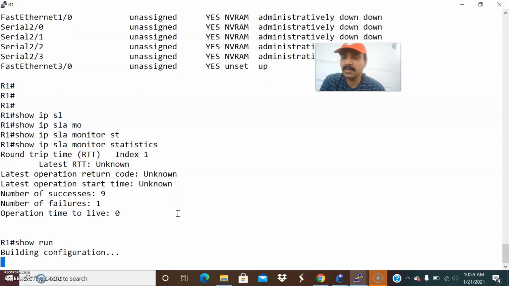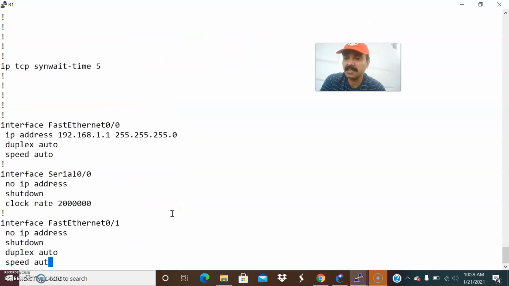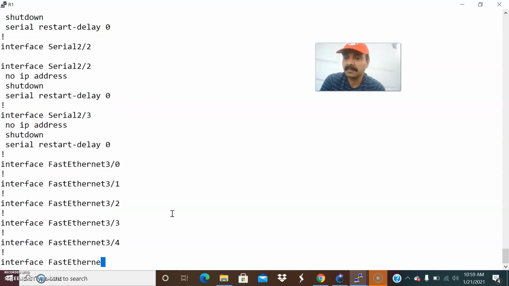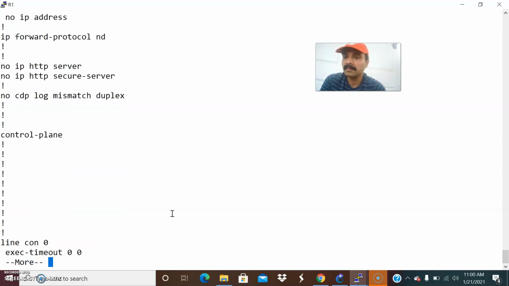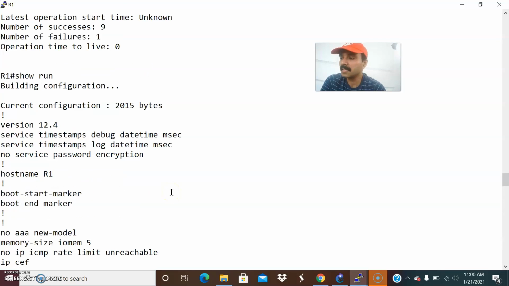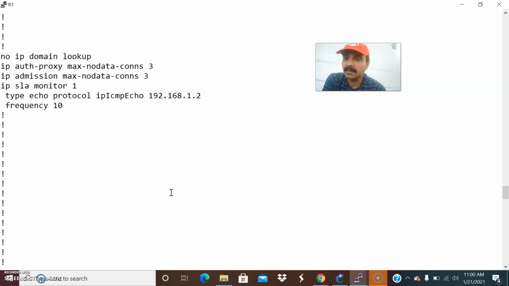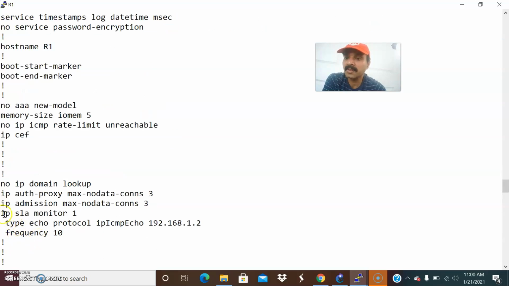Before that, I want to show how to configure the IPSLA, right? That is the first and foremost thing you have to understand. So let us go to the individual configuration and run the IPSLA. Let us go here to the configuration. See, this is the way we have to configure IPSLA, that is service level agreement monitor.